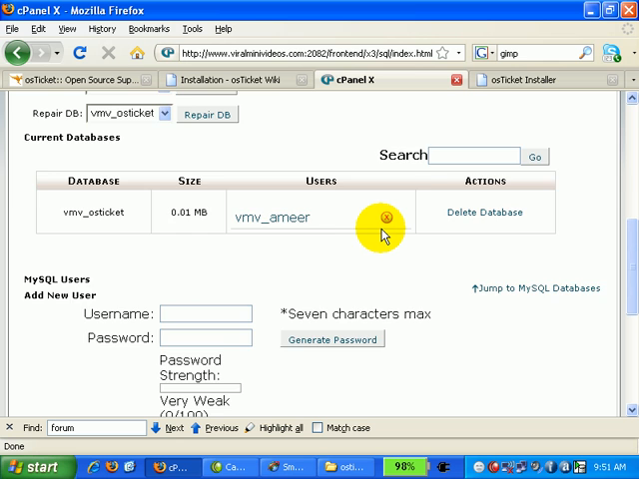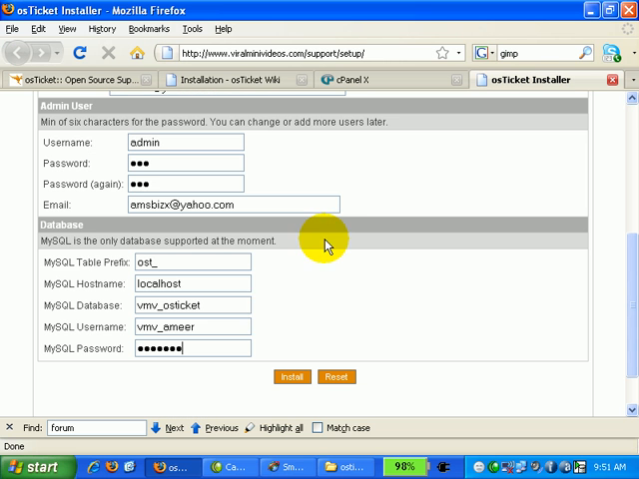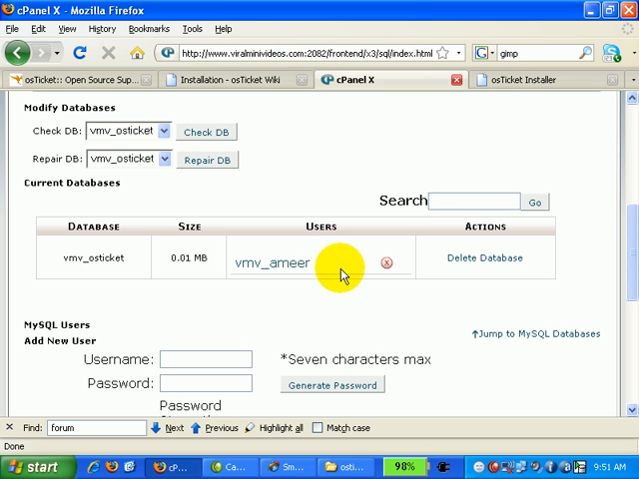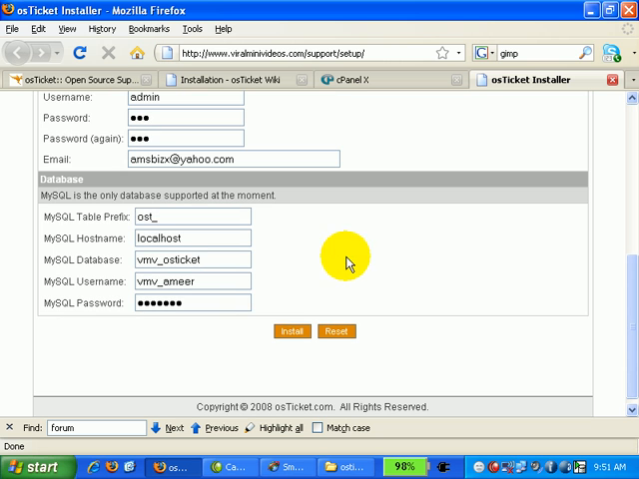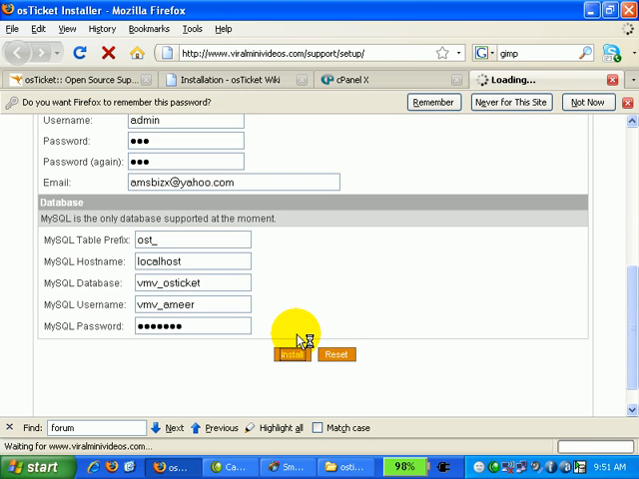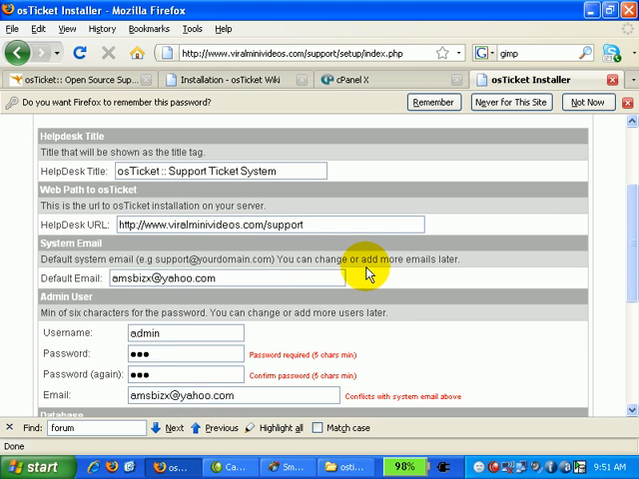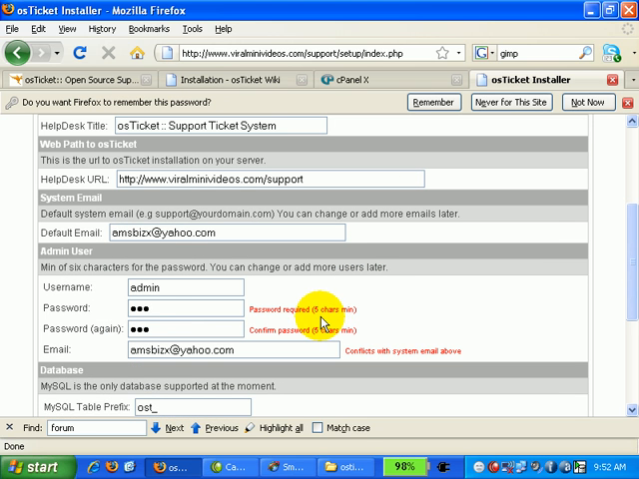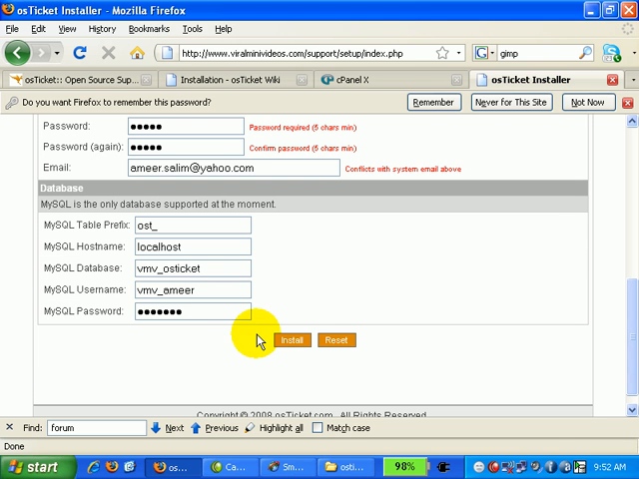So all the details and all the information that you need to put over here must be the same as the one that you have just created, the MySQL database on your cPanel account. Okay, once you are done, just click on the install button over here. Okay, you can see there are some errors. The password needs more than 5 characters, so I'll just type in 1 2 3 4 5 1 2 3 4 5, and over here you can see conflicts with system email above, because it looks like they want a different email from the system email. So I'll type in a different email address. Okay, let's click on install,